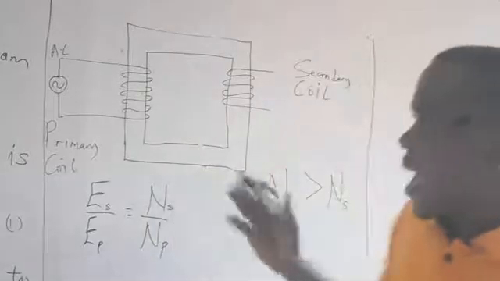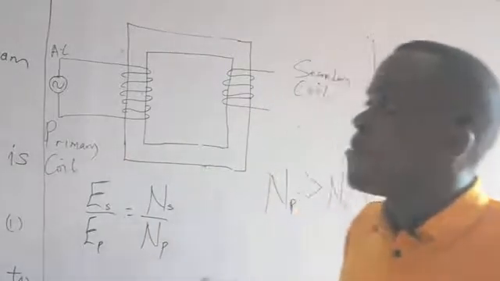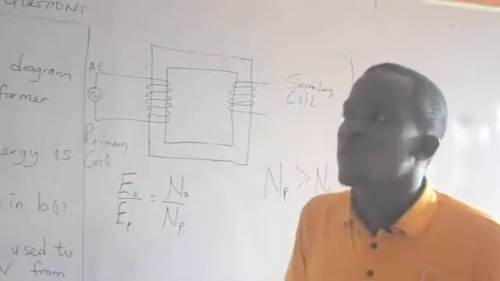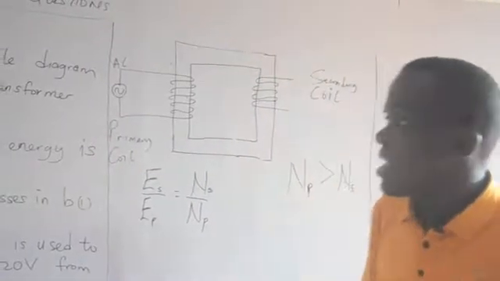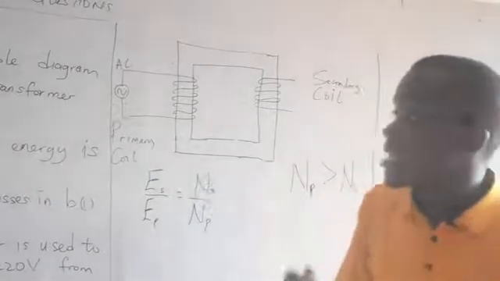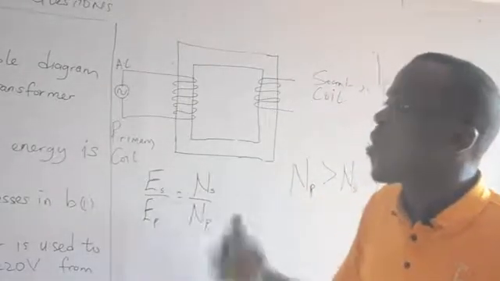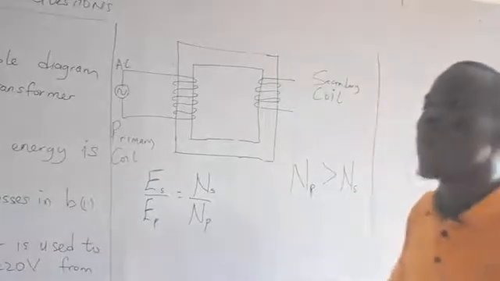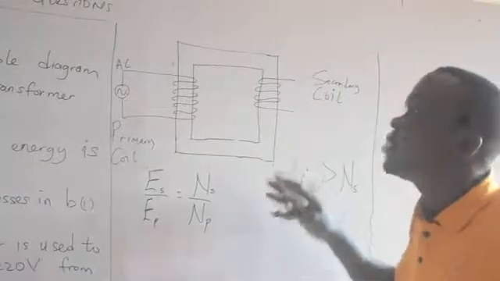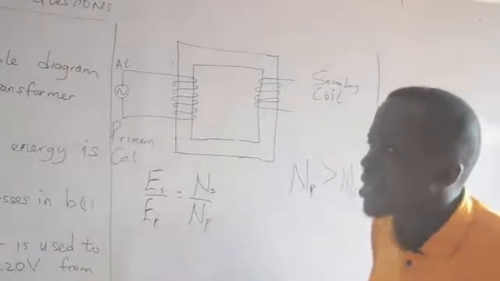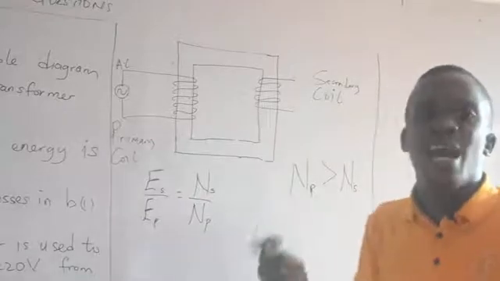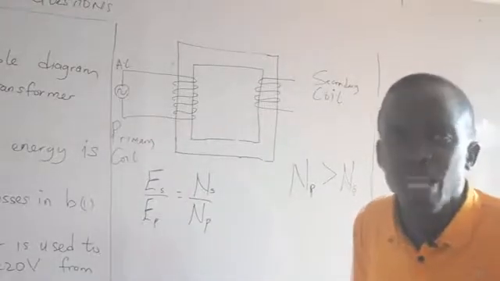Output. While you are studying machines, you are told that the reason why a machine cannot be 100% efficient is because of the frictional force experienced by that machine. So many examiners have had it in mind that if you still give that same question to students, like why is a transformer not 100% efficient, they will still give that answer, because of the frictional forces. But that term will not be used in the transformer. But when it comes to the transformer, they are trying to tell you what are the effects that the transformer tends to encounter for the breakdown of that transformer.